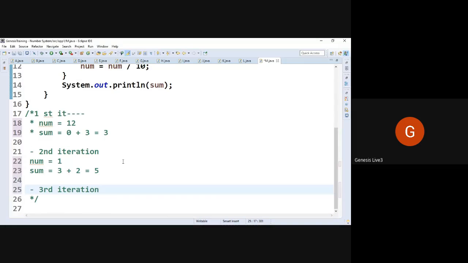Third iteration. Sum is equal to the current value of sum, 5, plus the rightmost digit of the current num, that is 1, becoming 6. Removing the rightmost single value, that is 1, so 1 is removed, so 0. Now,